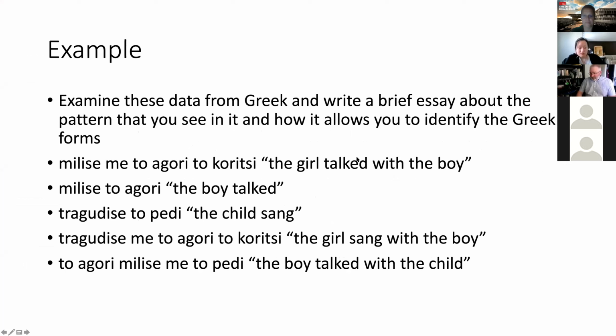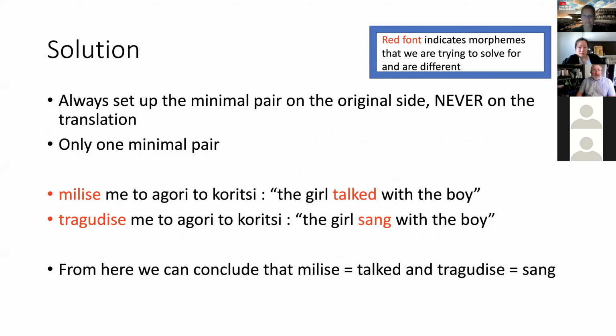Okay, so this is the data set, and the solution is you have to find at least one minimal pair. Sometimes if it's a big data set, there'll be more than one minimal pair, and then you kind of have to do all of them, but that's a complicated thing that I don't want to go into. Now, just for semiology, I'm using red font to indicate the things that are standing out because of things existing in a minimal pair. And the other thing that's very important is that you always have to solve for the